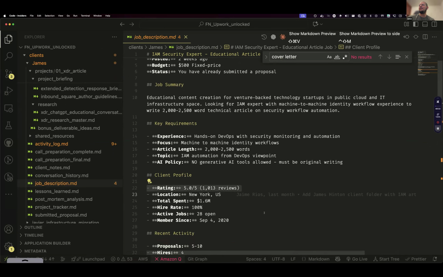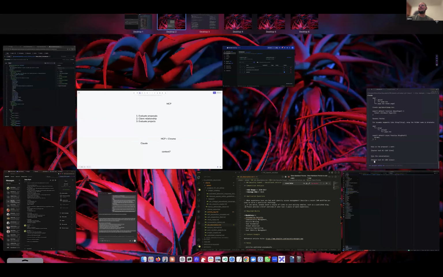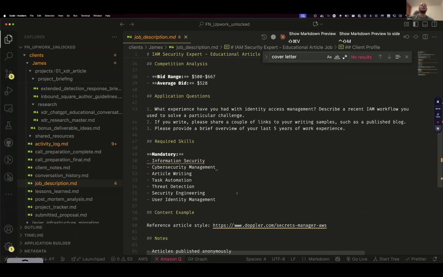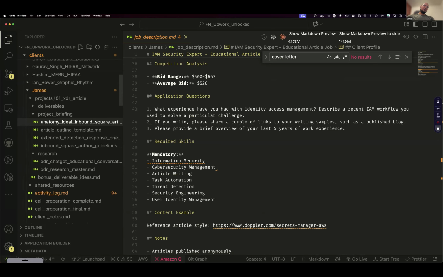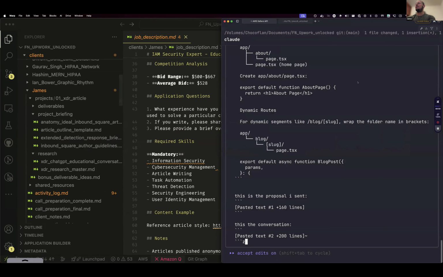Yeah, as you saw, I copied and pasted everything without filtering. So that is how I first create the folder for each client, but also, when I am actively working with a client, there are many things that I can do. For example, let me show you one client that I have,